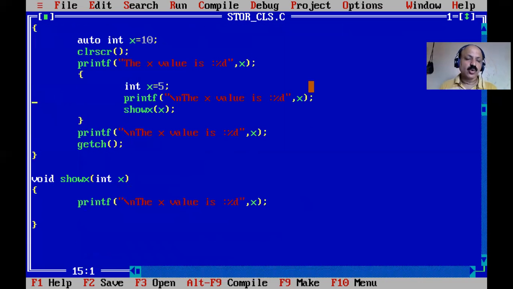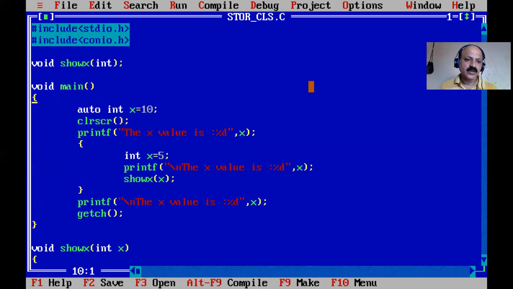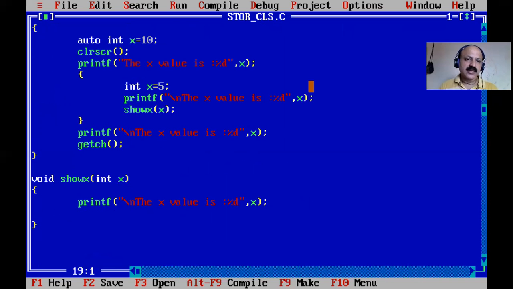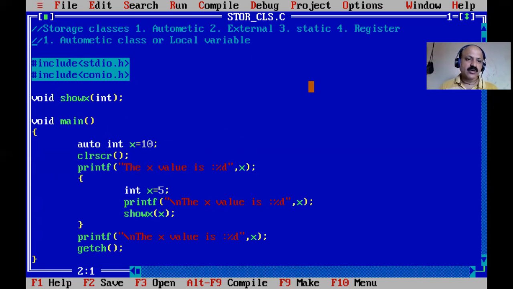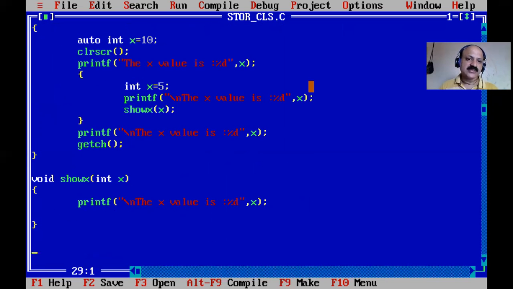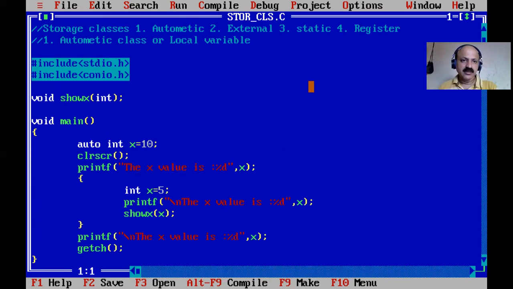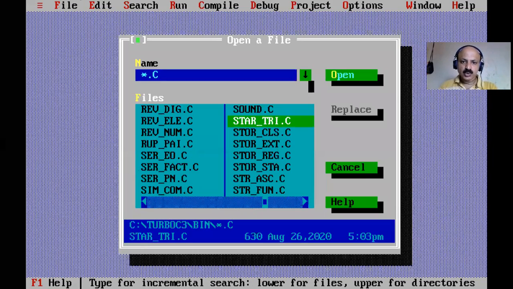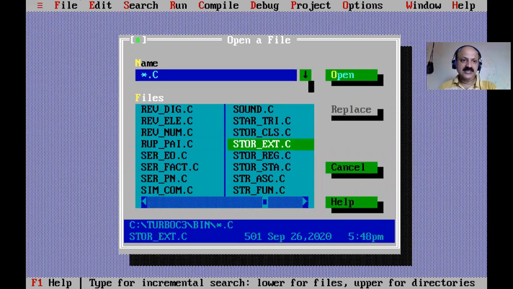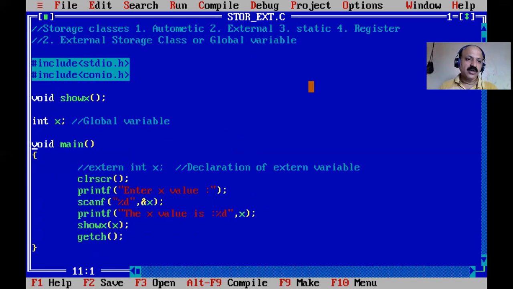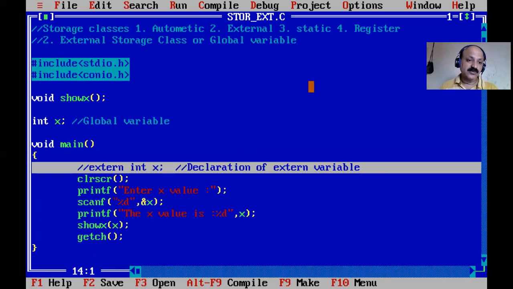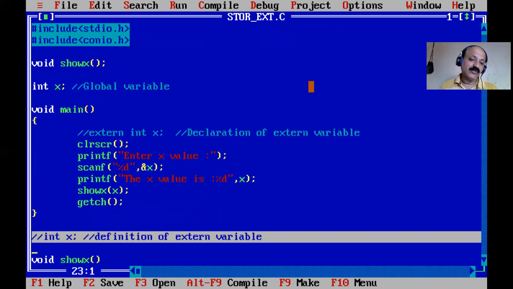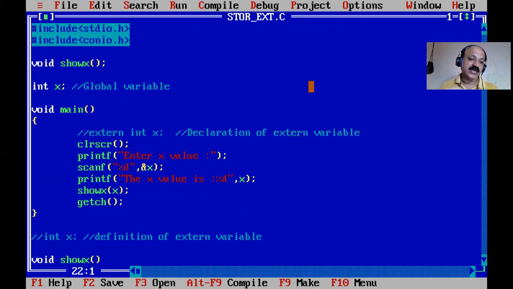Here we use the local auto keyword within a function, for an internal or local variable. That is the first file. I close it and open the second file, storage external. That is in the global declaration section, and we can also declare inside with the extern keyword. With this syntax you must write the definition of the external variable, otherwise it gives an error.